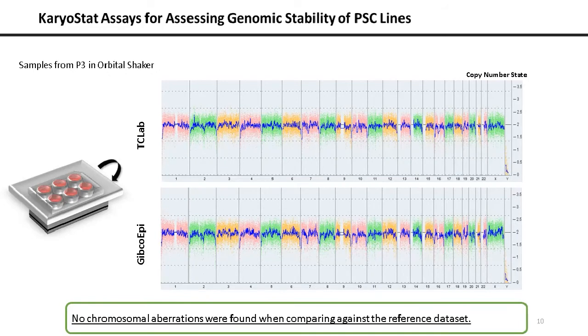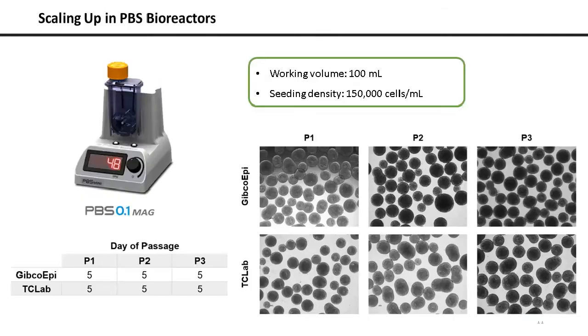For that, we use the KaryoStat assay, which allows us to assess the genomic stability of pluripotent stem cell lines. We tested samples after 3 passages for both cell lines, and as you can see, there are no chromosomal aberrations found, so the cells remain stable. So we verified that we could use StemScale as a great culture media to expand the cells in the orbital shaker. And next, we wanted to verify if we were able to use this for a scalable platform such